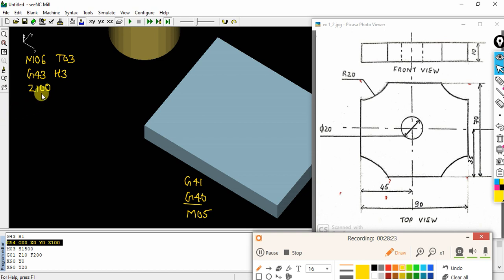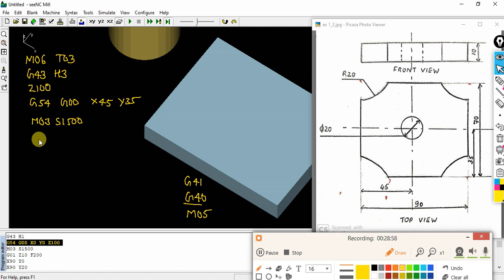Okay. Later from here I will move on to the work coordinate G54, G00, that will be a rapid movement, and I know the position X45, Y35. That is the position exactly to the center. I will get my cutting tool. Okay. Once it is done, I will switch on the spindle M03 S1500. Switch on the spindle.